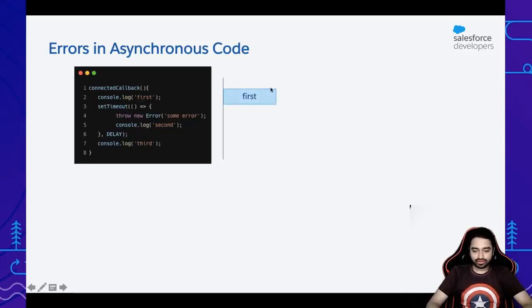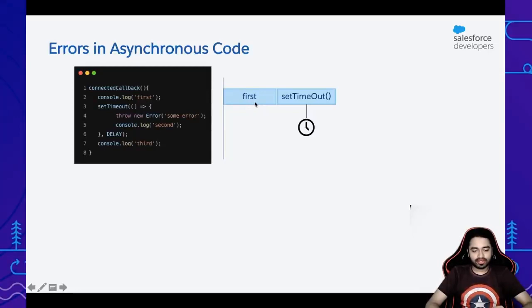So as usual, the first block is going to get executed, and then the set timeout function is going to get called. What you'll have to note is that set timeout is just a simple function to which you're sending a callback function, which gets executed after some amount of time. Speaking in Apex terminology, if you consider a transaction, consider set timeout like a future method. In your Apex transaction, you just call the future method, but sometime in the future, the method actually executes. So it's the same concept in JavaScript also.